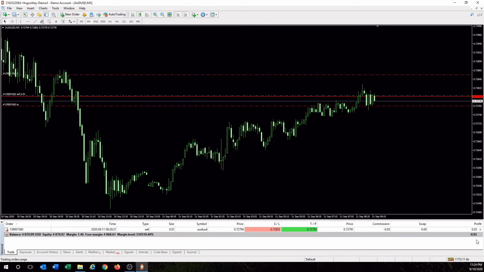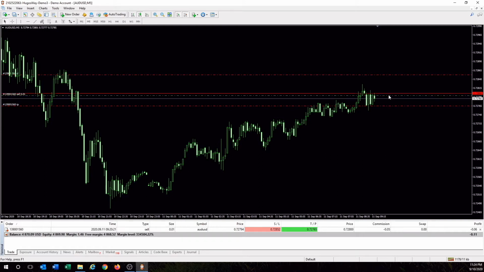So I'm going to close this trade, but before I close it, I want you to see how there's a negative number when you open the trade. It's because when you open a trade, you're automatically 1.5 to 2 pips back, in a loss, because you have to add in the broker's spread. So when you open up a trade, you're always going to be a little bit negative.